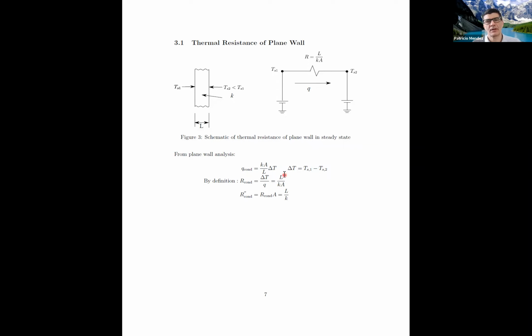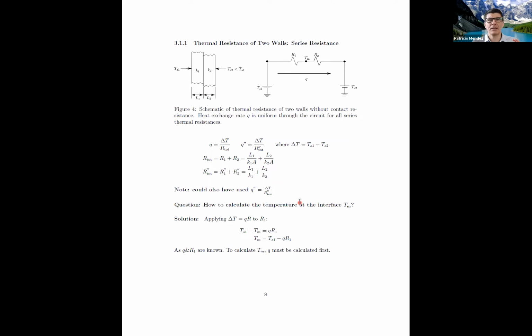And we also have the concept of thermal resistance per unit area. You're going to see later today the concept of thermal resistance per unit length for pipes. So the thermal resistance per unit area, in this case, was L over k. Whatever it was, you don't need to remember it. You can use the formula sheets from previous exams in previous years, or you can have your own notes. But whether you remember it or not, these are very simple expressions, but very powerful, because they enabled us to start dealing with problems that have